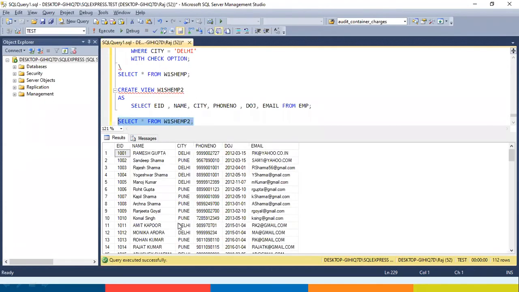Here it goes. I'm not getting the address and the date of birth over here. So like this, I have hidden particular data from the user, confidential data has been hidden. Now you can tell the employees that the table in which the employee detail has been stored is SHEMP2. By this, they will never come to know that there is some other table as well.